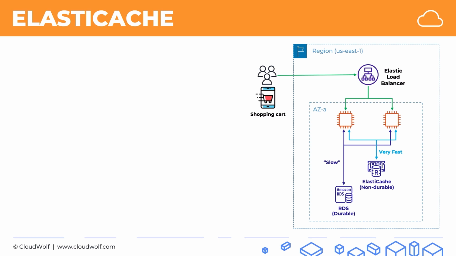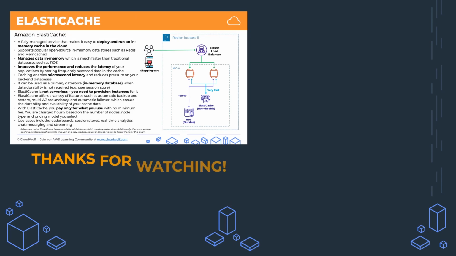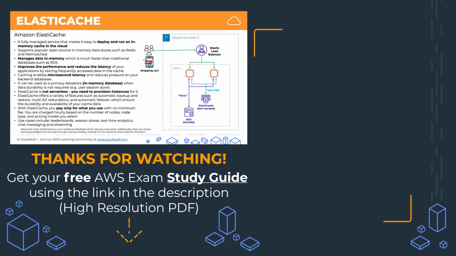So the middle ground in this case would be ElastiCache, where both EC2 instances have access to it, but it's not as slow as RDS, and it's not durable. We don't need the durability of our data in this case. So that's another use case of ElastiCache. So once again, whenever on the exam you see in-memory database or microsecond latency or storage of non-durable data, think ElastiCache. Here's a quick summary of what we discussed,